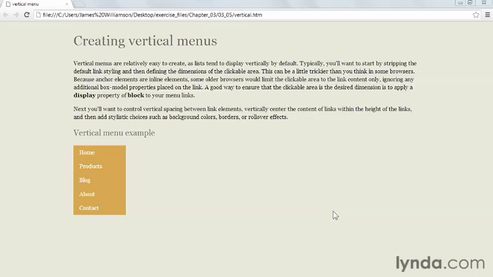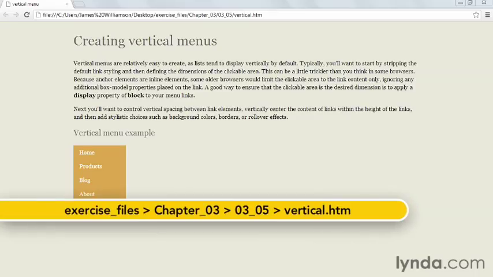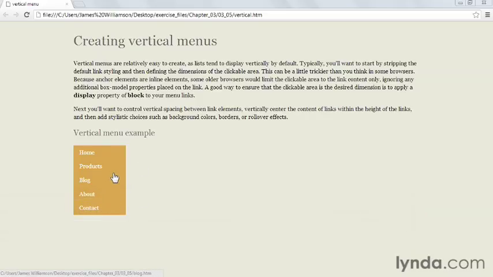Okay, our menu is looking pretty good, but right now there's just no visual separation between the links themselves. If I come up to the menu and hover over these links, sometimes it's not quite obvious which one I'm hovering over because there's just no separation between them. So in this exercise, we're going to take a look at one of the ways that we can add some